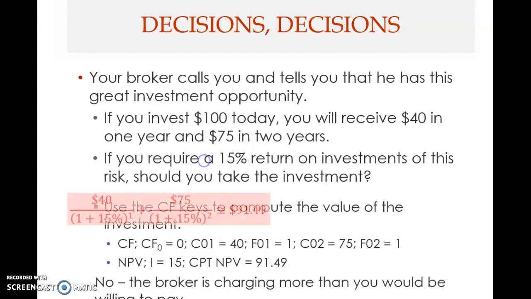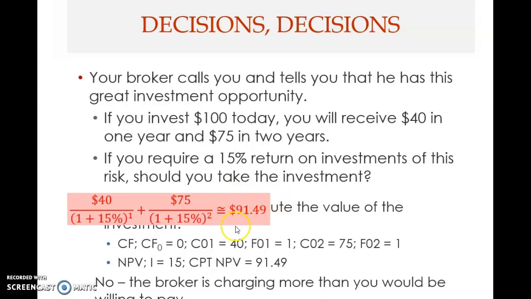So let's look at how this can be done. You take $40, you discount this over 1 year because this occurs at the end of the first year. This one occurs at the end of the second year, so you discount this over 2 years at 15%. Now this is the value of $40 at the end of year 1, but when you discount this, this becomes the value at time 0. Likewise, this becomes the value at time 0. So now you can add the two. You cannot add 40 with 75, but you can add these two because this has been adjusted for time value. They are at the same time value. So you can add them, you get